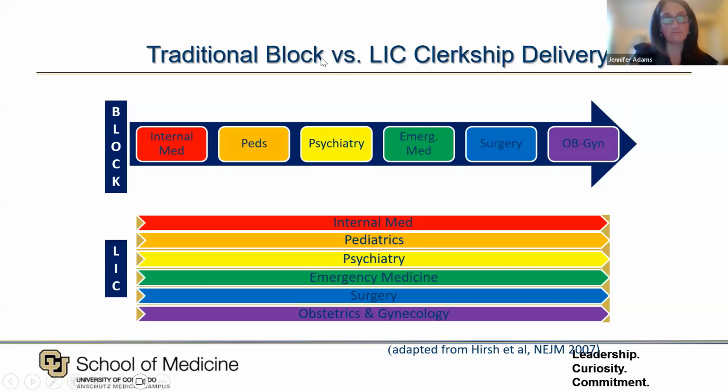So how does this actually come together? If you think about the traditional block model, that's what's demonstrated at the top here. Our students might have started a block of internal medicine. In our medical school previously, that was 8 weeks long. So they started day one, all day long, every day, they did internal medicine. At the end of that, they took a test. And then they went on to pediatrics, and then they might have gone on to psychiatry and so forth until the end of the year. And then they sat down and had to do something big, like take Step 2, and then move on